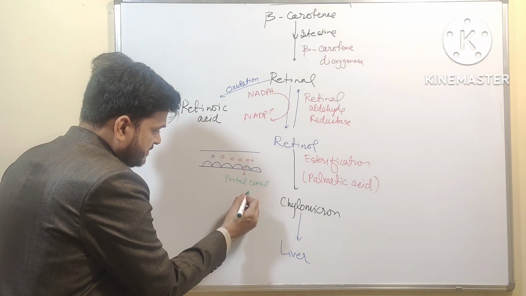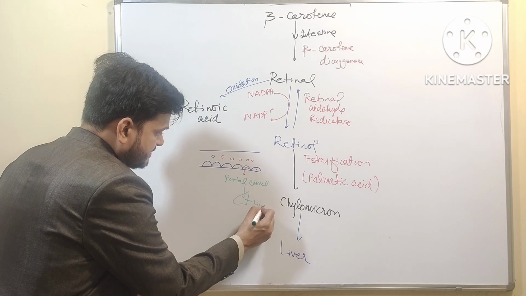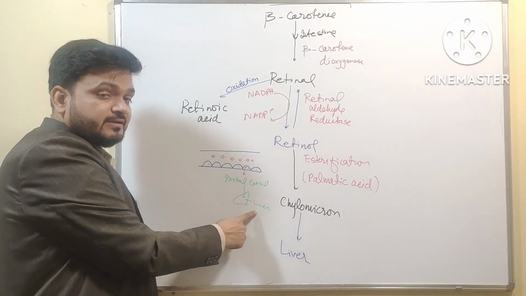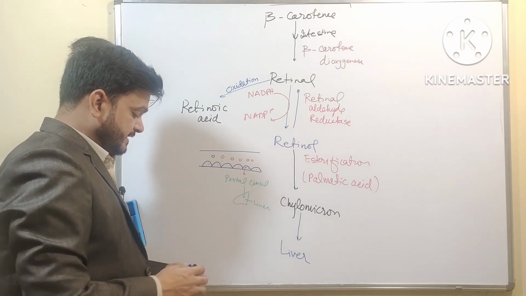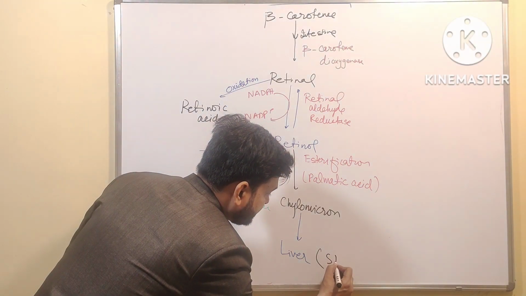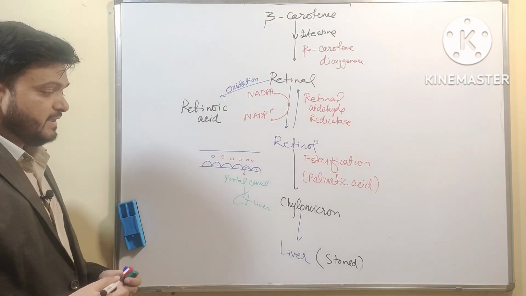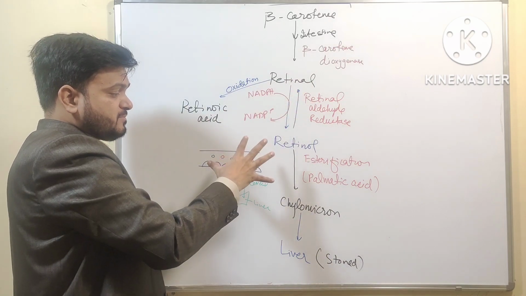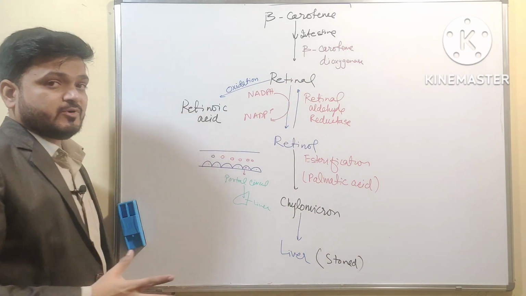and reaches the liver. And after reaching here, this is the place where vitamin A is stored, right? So storage of vitamin A is occurring, stored in liver. Now we have digested it, we get three types of form. We get absorbed and reach up to the liver. But the problem is that